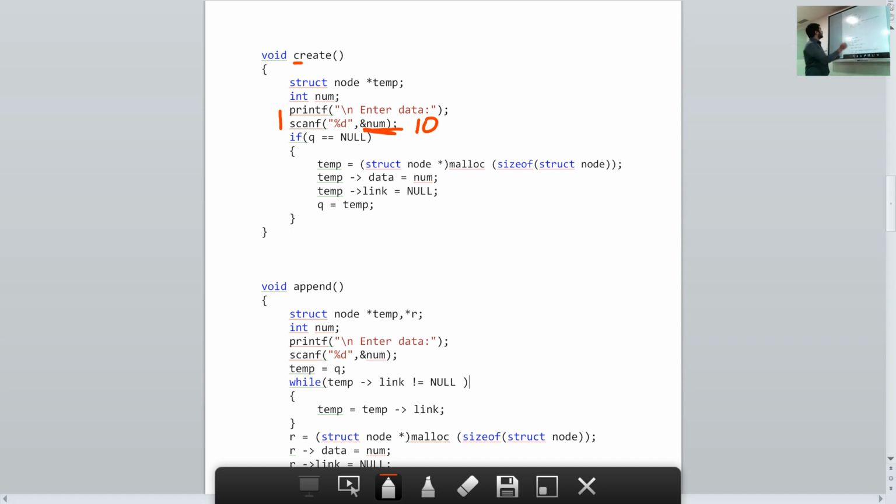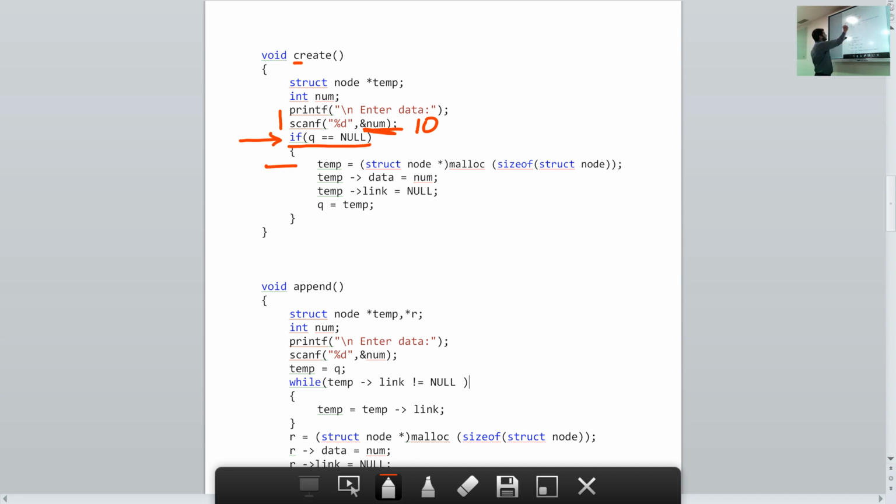In the next line of code, we check whether we have a linked list with us or we do not have a linked list with us. If we do not have a linked list, like I told you, the value of q will be null. Otherwise, it will be something else. If we have a linked list, the value of q will be not null. Now, you know that q is a global variable and q is set to null in the main function, like I told you before. So when we check this statement here, it will be true. Q is null. Therefore, we execute the statements within the if statement.